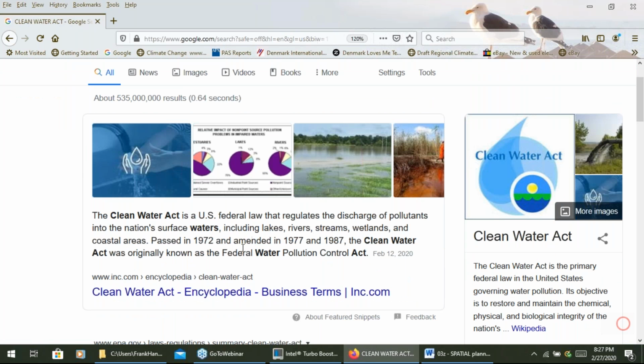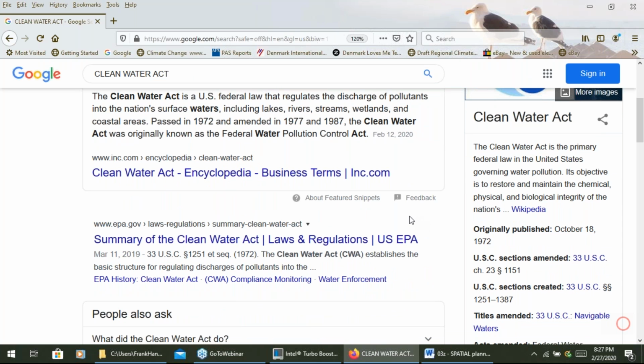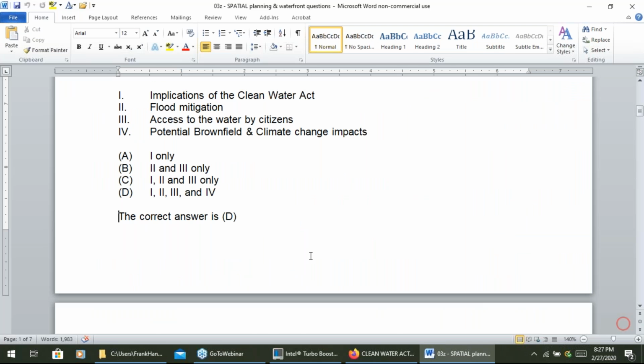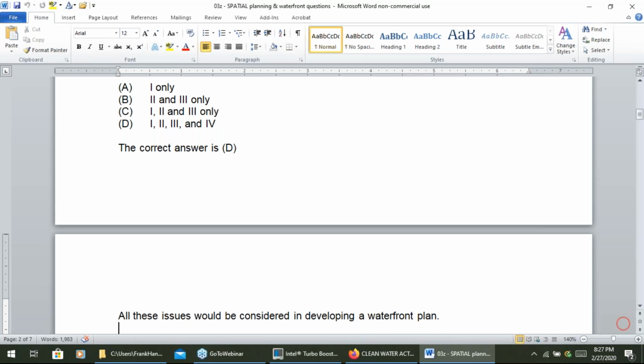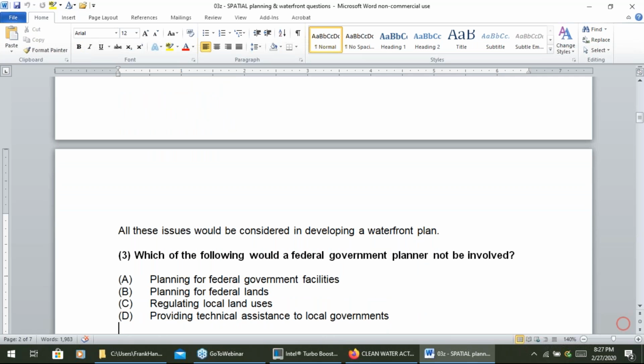It regulates the discharge of pollutants to restore and maintain the chemical, physical, and biological integrity of the nation's waters. The whole cycle. Remember, it deals with both point and non-point sources, so it's also going to be runoff, things like that. I confused it with one of the divisions. Isn't there a water quality section of it? Yeah, there are different sections of it.